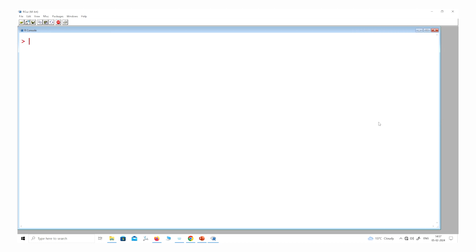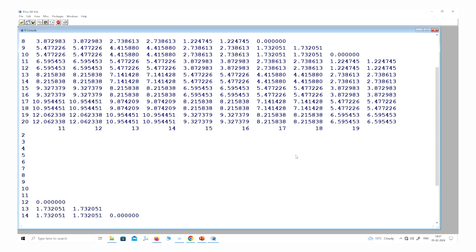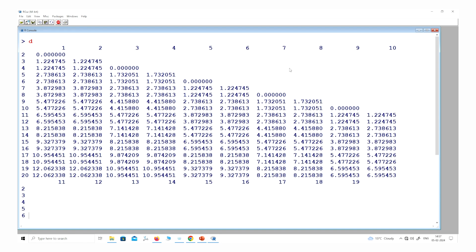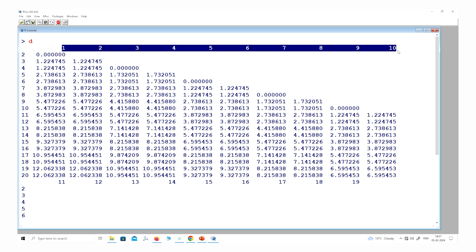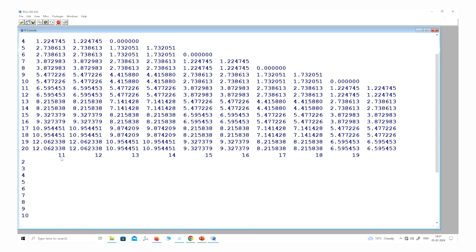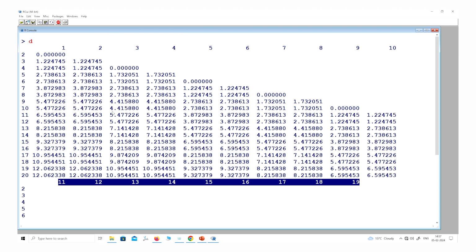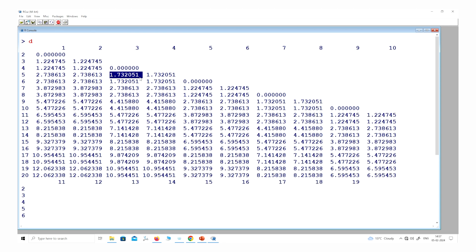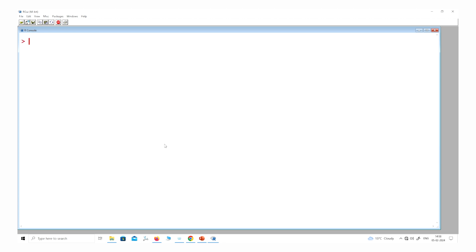Or if I try to make it here, it will be here like this, because it's a long value. So you can see here it will go up to 20, and then I have only had up to 10. So this 10, and then the remaining part is here, right? So you can see here, but these are the different values between, for example, this value where I am highlighting, this is the distance between this third and fifth value. You can see here this is 1.73 and so on. So similarly other distances are computed.